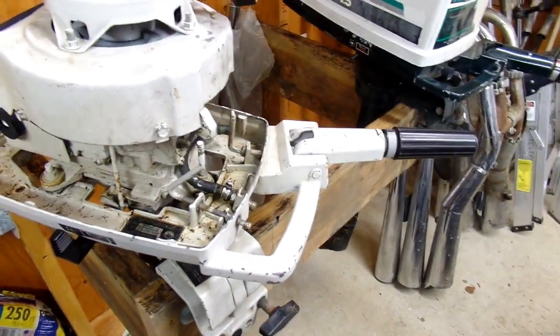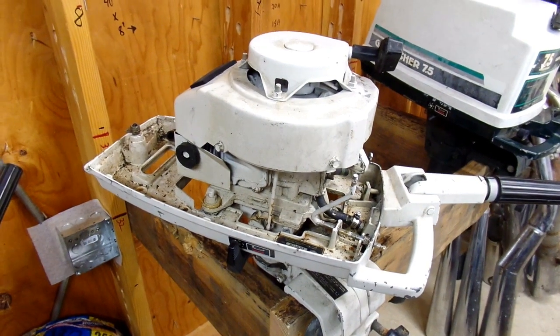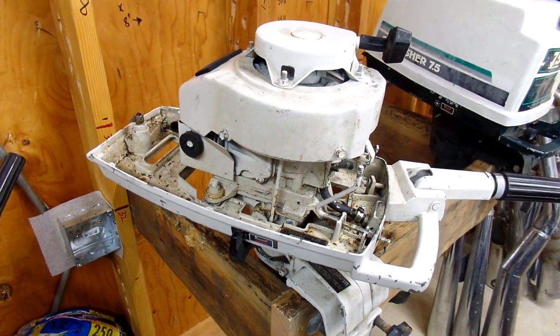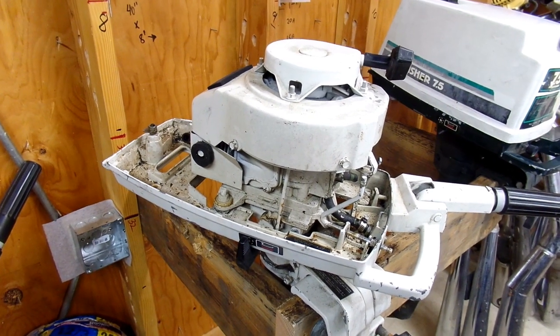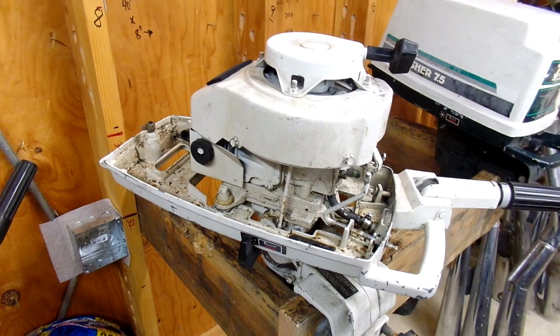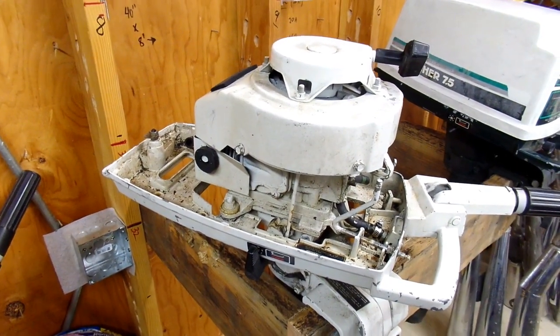I mentioned earlier I do have the carburetor, so I've taken it apart and I've noticed that the fuel pump mechanism on it was all dried out. So that was probably, and I'm not sure, but probably the root cause of the problem that the previous owner had with these, probably from sitting too long with gas in them. So I cleaned out the carburetor, I removed all the old gunk, and I will say that there was also a broken